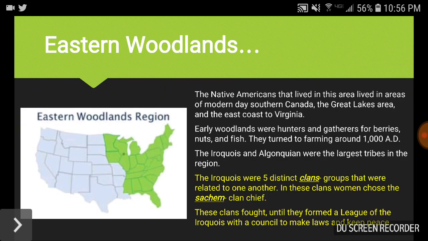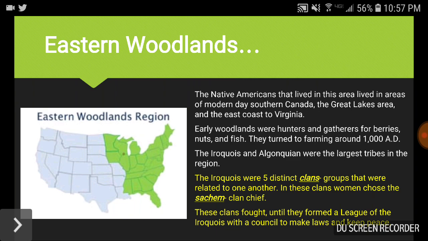All right, and I believe it's our last area or region or cultural group for today. It's going to be the Eastern Woodlands. These Native Americans also lived in a vast area that basically stretched from southern Canada around the Great Lakes, so around Indiana, around Michigan, all the way to New York and Maine, all the way down to Virginia. These Native Americans are going to be hunters and gatherers. They're also going to have set up civilizations or societies, so they're going to have tribes located in central areas, but lots of these Native Americans are going to be looking for berries, wild berries.